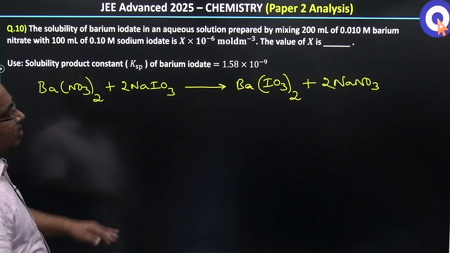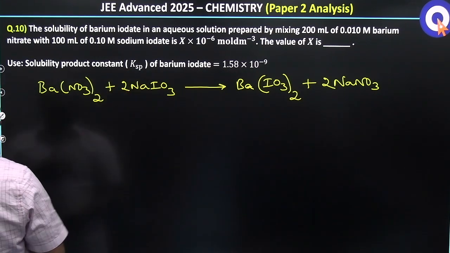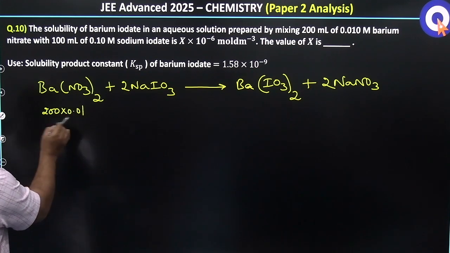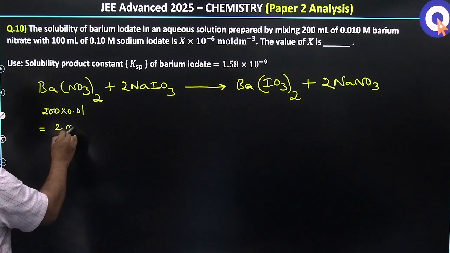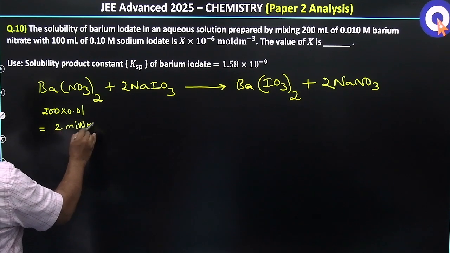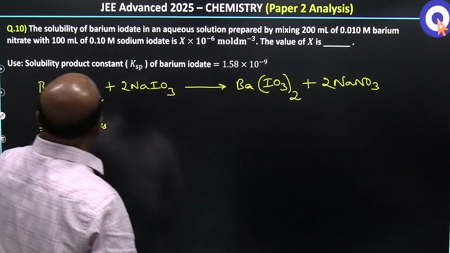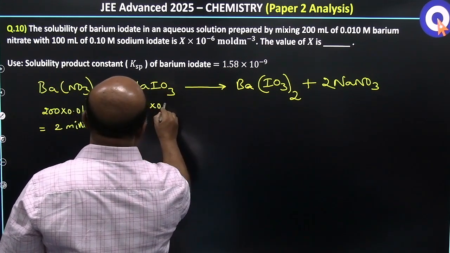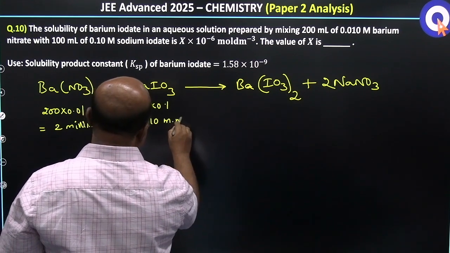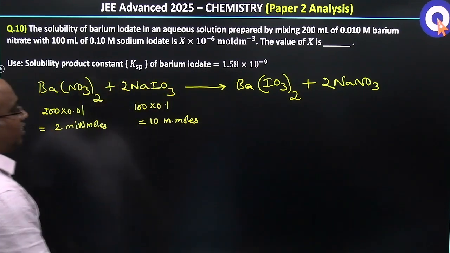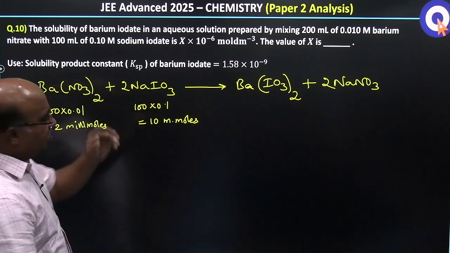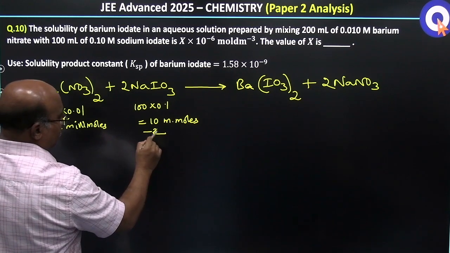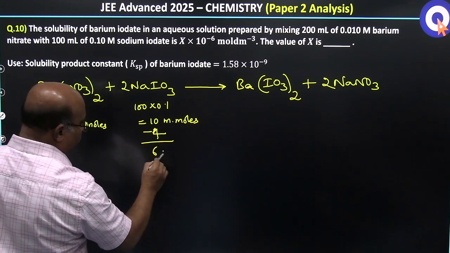Now let us see, because he is asking that solution mixer, how many moles of this is taken. So this is 200 into 0.01. That means it is the number of millimoles, that is 2 millimoles of barium nitrate. Then the number of millimoles of sodium iodate, this is 100 into 0.1. This is 10 millimoles. But as per the stoichiometry, 1 mole will react with 2 moles. This 2 millimoles will react with 4 of this, so that we are left with 6 millimoles of